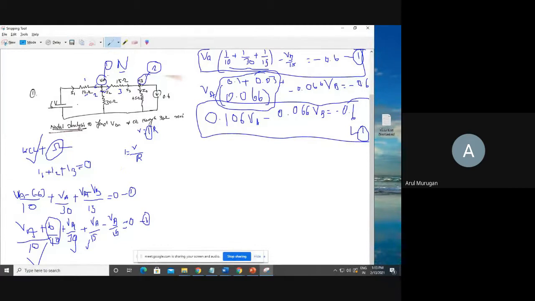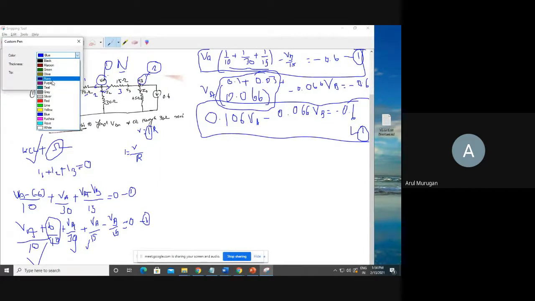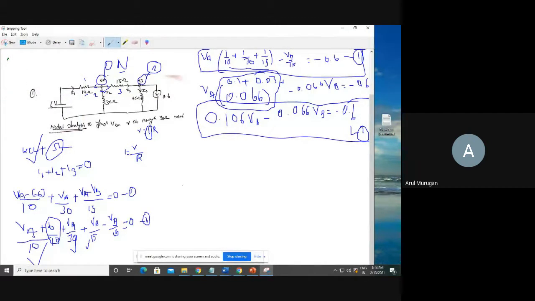Similarly, let's go to equation number 2. I would like to change the colors for your better understanding. So I would like to take the green color. Is it visible? Okay. Then first, what is the step you want to do? In the VB node, all the currents are assumed to move in the outward direction. Then give the numbers, your wish. Either you can start with the first number or the earlier number. That is your wish.